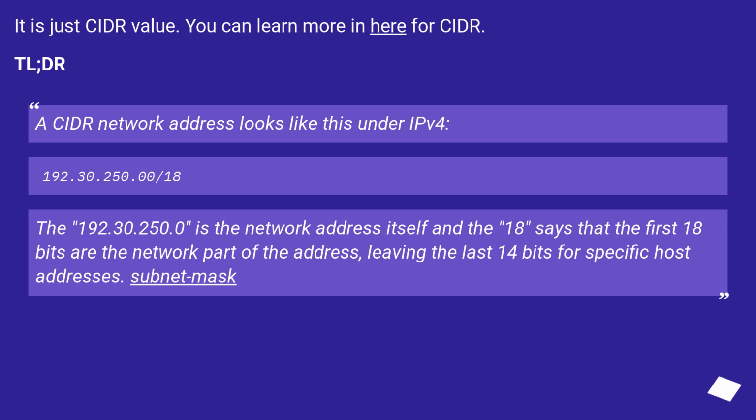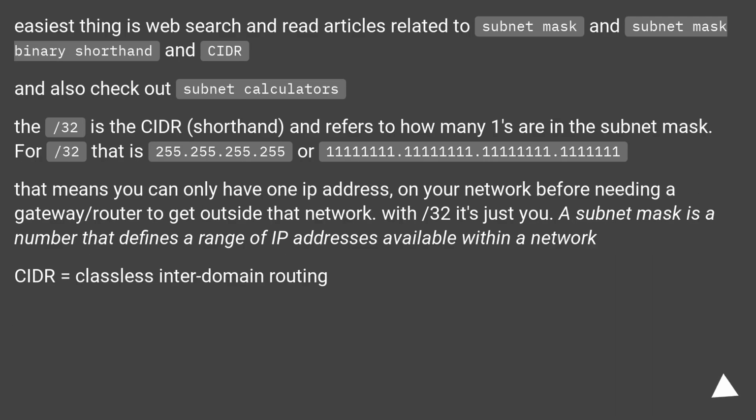Subnet mask. Easiest thing is web search and read articles related to subnet mask and subnet mask binary shorthand and CIDR. And also check out subnet calculators. The /32 is the CIDR shorthand and refers to how many ones are in the subnet mask. For /32 that is